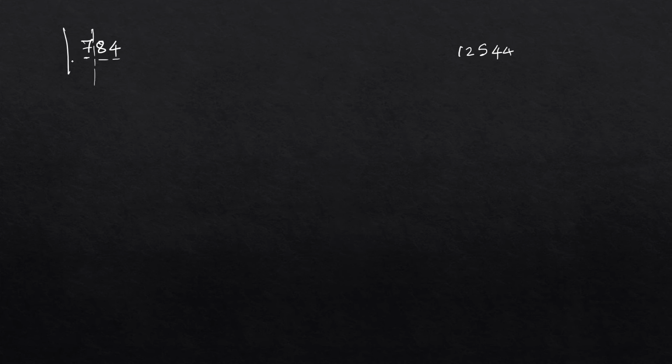Now what is the nearest square number to 7? It is 2 only. Since 1 square is 1, 2 square is 4, 3 square is 9. So you should consider only 2 square. 2 twos are 4. And the remainder is 3 here. And you should write 84 as it is.